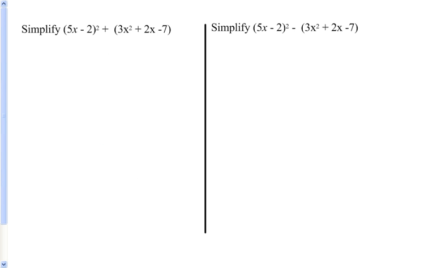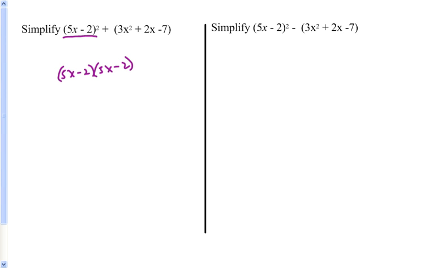Simplified. Now I've got this problem written twice. Once it's got a plus sign between it, and the other time it's got a minus sign between it. And we treat them a little differently, so I decided to put two examples up here to show you how each is done. Of course, you have to remember how to FOIL out. Now you can FOIL that out if you want to. 5x minus 2,